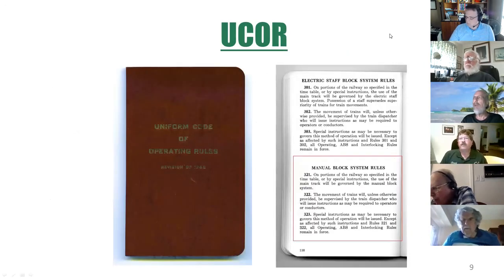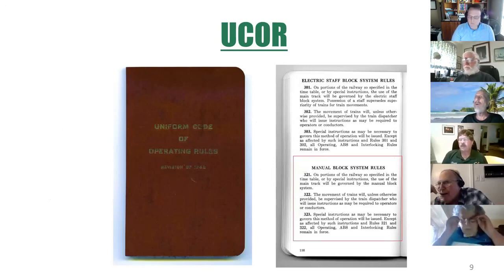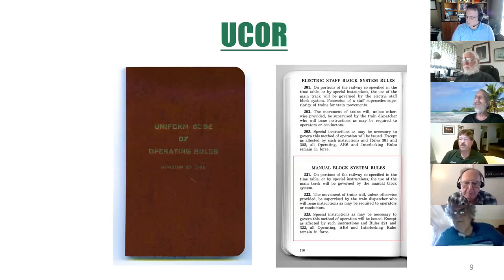So if you ever look this up in the UCOR, this is the 1962 version. In the UCOR, there's only 3 lines here that describe what a manual block rules are. Basically lifted up to the railroads to make up their own instructions. As the bottom says, section 323, special instructions is up to the railroad. So what I've got here,